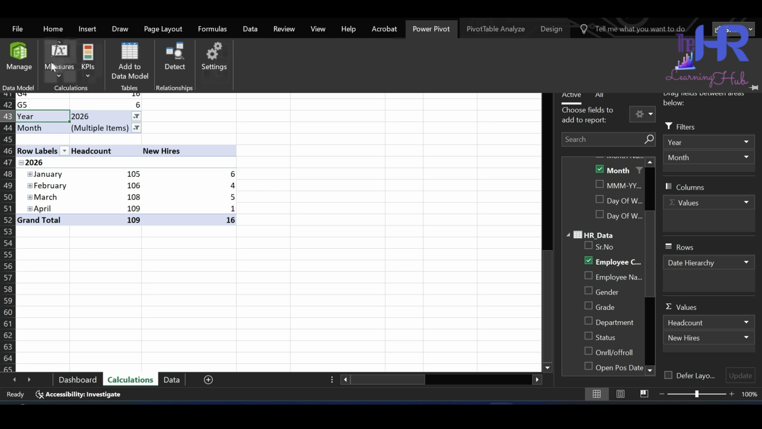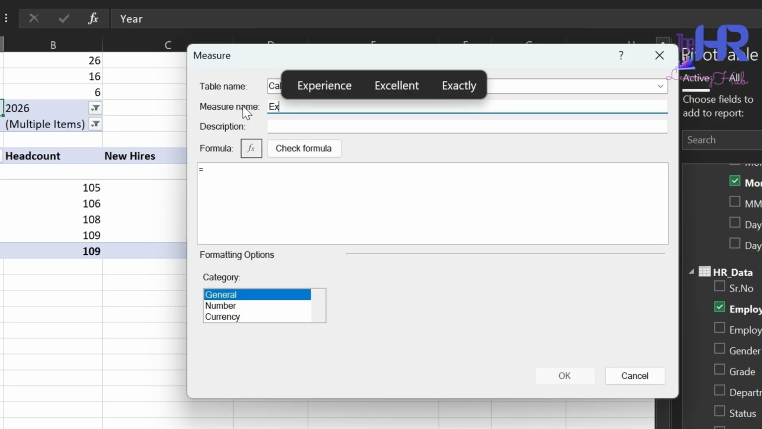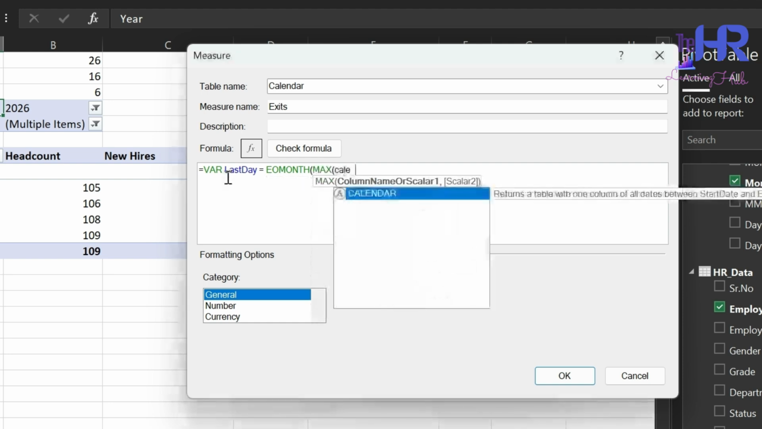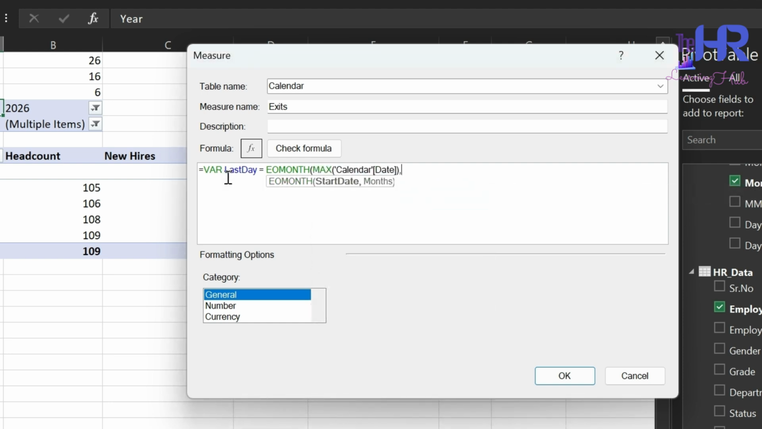Power Pivot, Measure, New Measure, Exits, where last day equals to end of month, max calendar date, 0. Similar to what we did in the headcount measure. Where first day equals to end of month, max calendar date, -1, +1. This will give us the last day of month. -1 would give the last day of the previous month, and then adding +1 after this formula will give us the first day